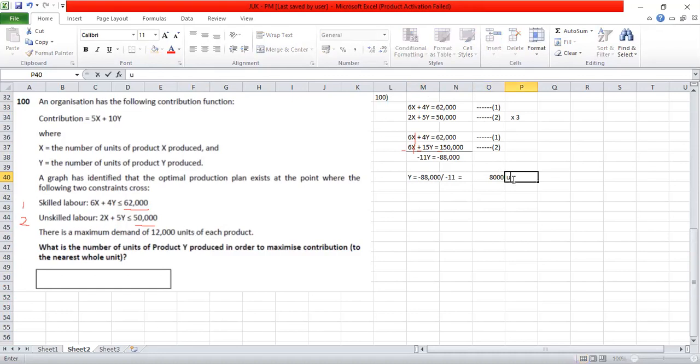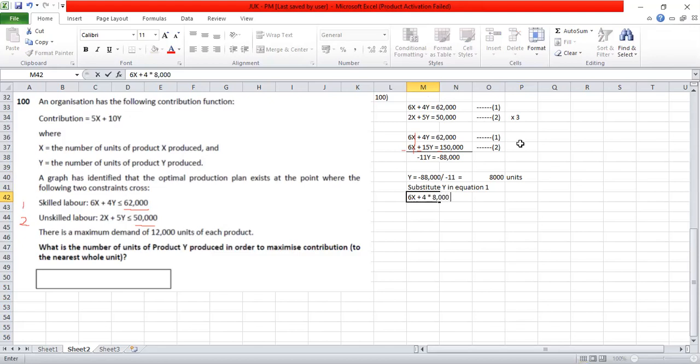8,000 units. So y can be substituted in any equation. Substitute in equation 1. Substitute y in equation 1. So we have 6 into, no, 6x. X we still do not know. 6x plus 4 into